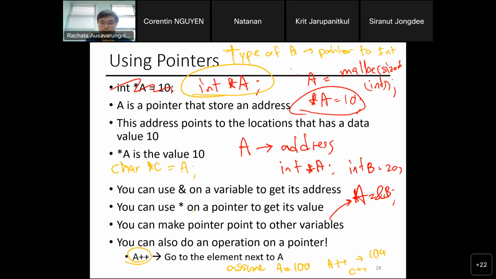So if A is 100, I point C to A. C has the same value as A, and then I do C++. But C is a character pointer, so it points to a character. So if I do C++, in this case, it's actually 101, because the number of bytes that get increased depends on the pointer type. Here, the pointer points to a character. A character is only 1 byte. So if I want to move to the next character, I will point to address 101, not 104. All right, is it clearer now? I want to make sure it's less confusing. All right, shall we do this again?